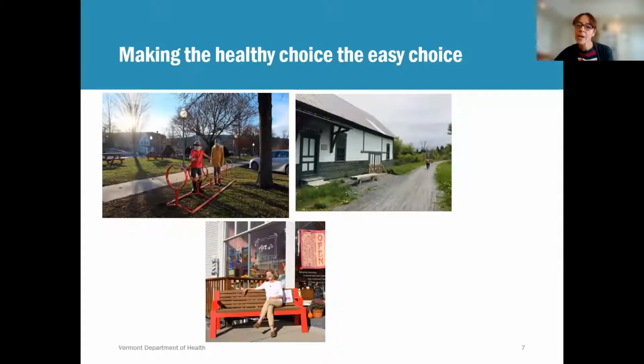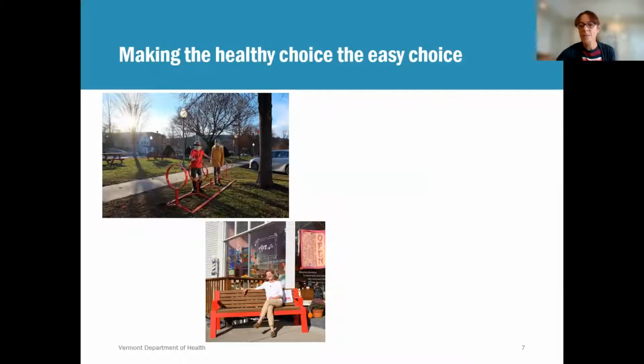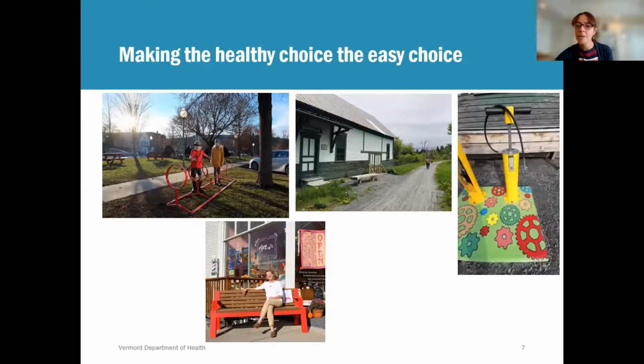This is a little rail trail with an old train station stop that's used as a welcome center, which looked like this before. With some of our funding, we tried to beautify this a little bit and make it more inviting. So we gave some funds for a bike repair station. There's a water station there. There's some new planters that the community has put in, as well as signage toward the